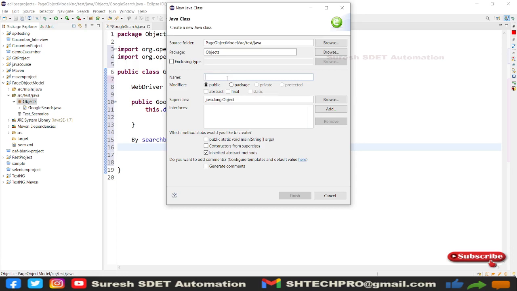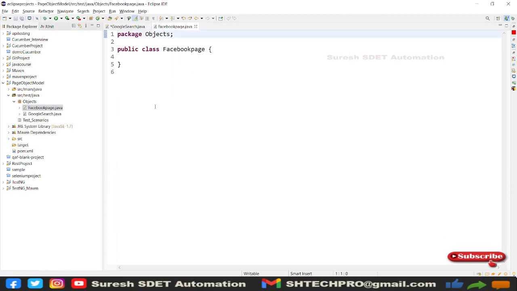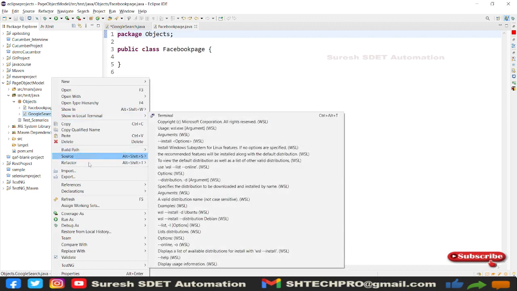For the Facebook login page, I will say Facebook page. You need to mention page at the end so that it will be uniquely identified. So you can say Facebook page and Google search. I will refactor this name.